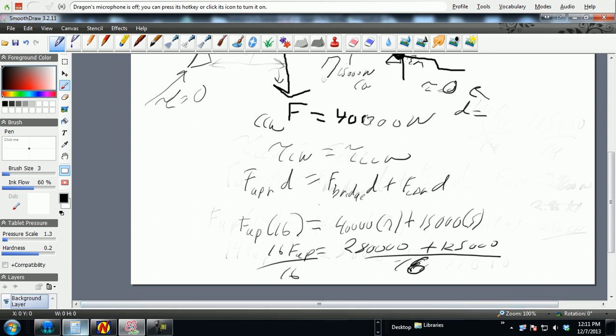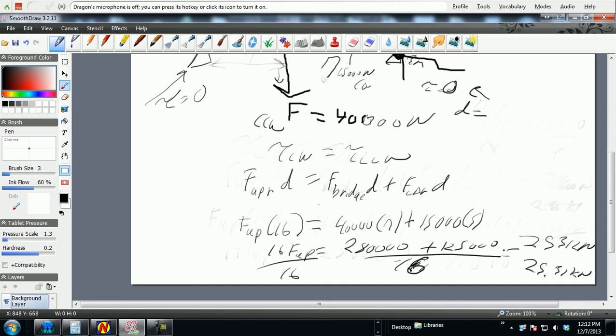It better be less than 29 kilonewtons, so 29,000, because he has to support a little less, because the car is parked on the right hand side, which means there's going to be more force pushing down on that side than on the other side. Making sense? I get 9,562. There's an error. Let me figure out what the error is. I just couldn't use the calculator correctly, so I went back and pushed the buttons in correctly. I get 25,312 newtons,